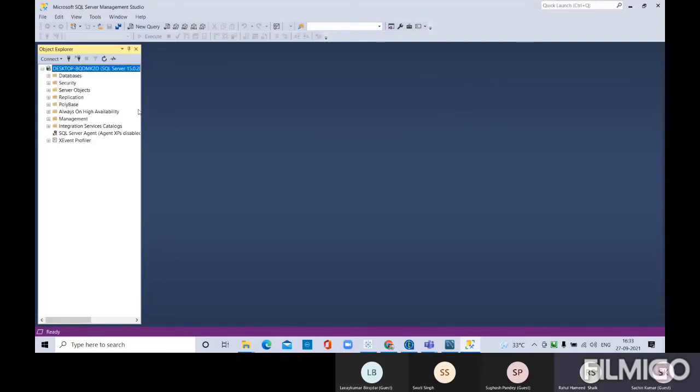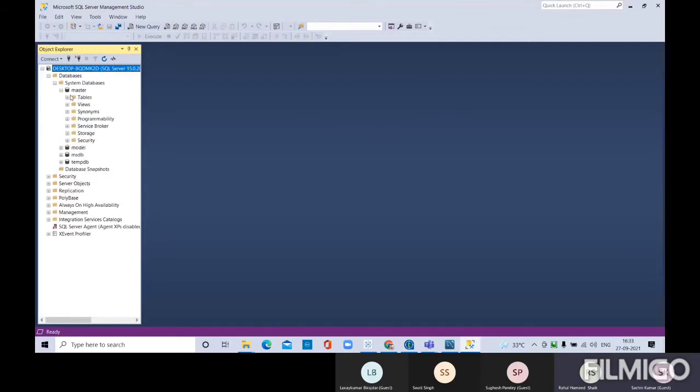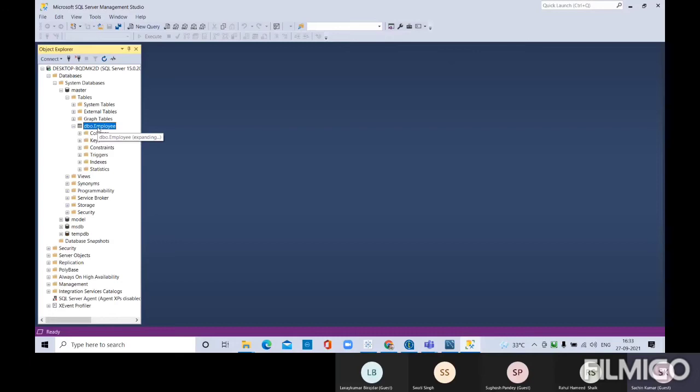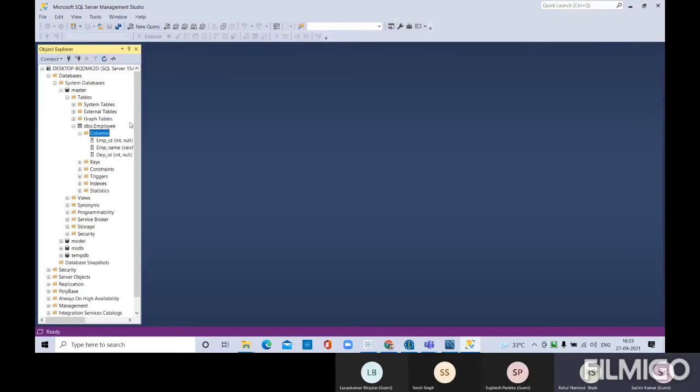Have you created anything here in SQL Server? Yes, sir. Okay, that is good. In that case, we can use SQL Server. Click on the tables. In master, we have some tables, right? In master schema. Employee table you have created. Very good. Now just query that one here.